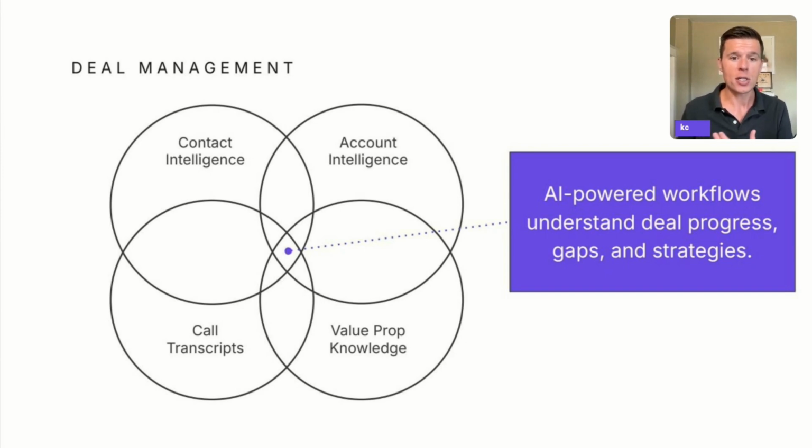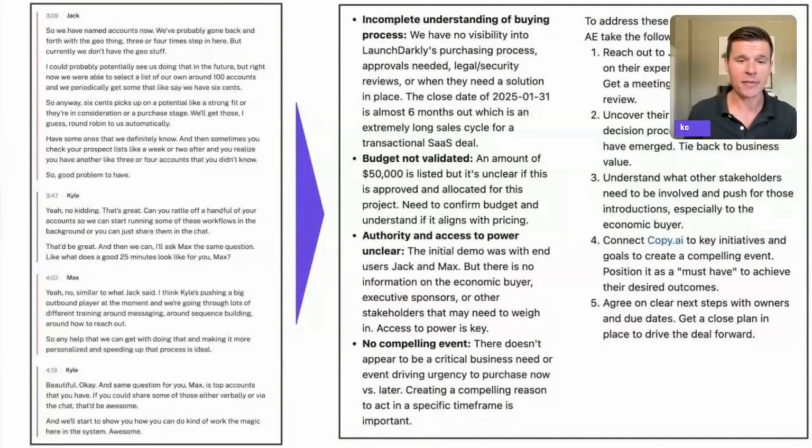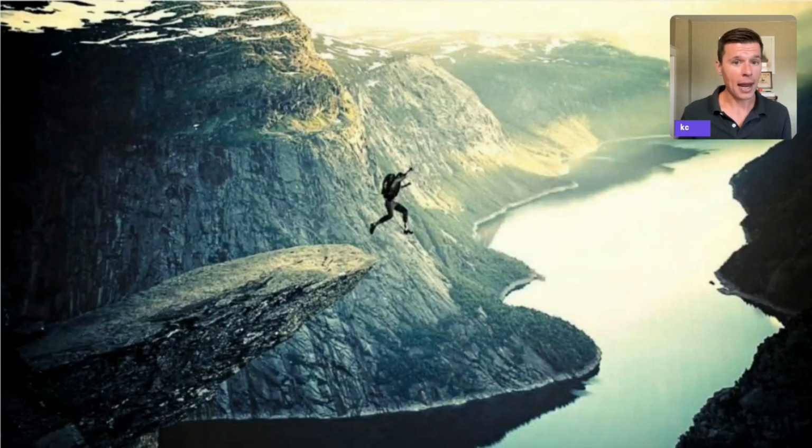And so you start to see, this is a transcript here on the left side of the screen. We run it through an AI workflow, and now we have an understanding of where the deal gaps are and what potential strategies we should pursue to close those gaps. We don't totally know the buying process. We haven't validated budget. Maybe we're not up high enough from a power standpoint. Okay, great. Now, instead of the sales rep being siloed and trying to close all of these gaps herself,